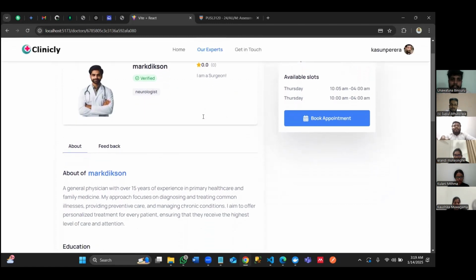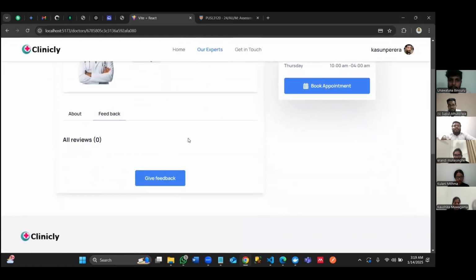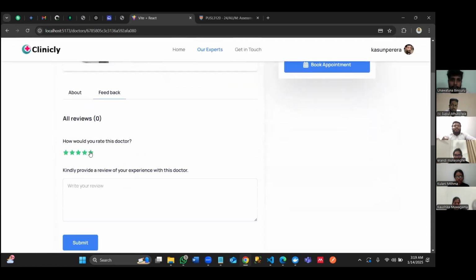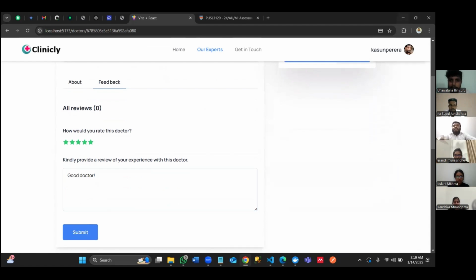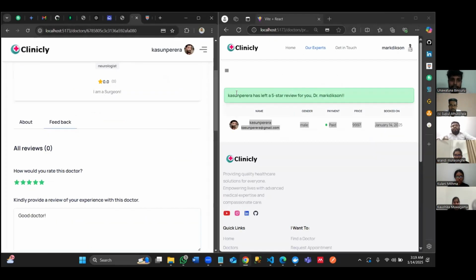There he can click the feedback menu, and he wants to click the give feedback button located at the bottom. Then he leaves the rating and reviews, and he can submit it. When the patient submits the review, in real time the doctor will be notified that a patient left a review for you,